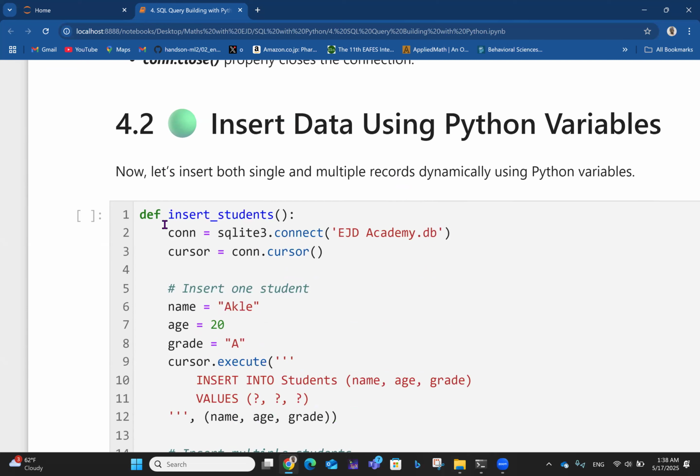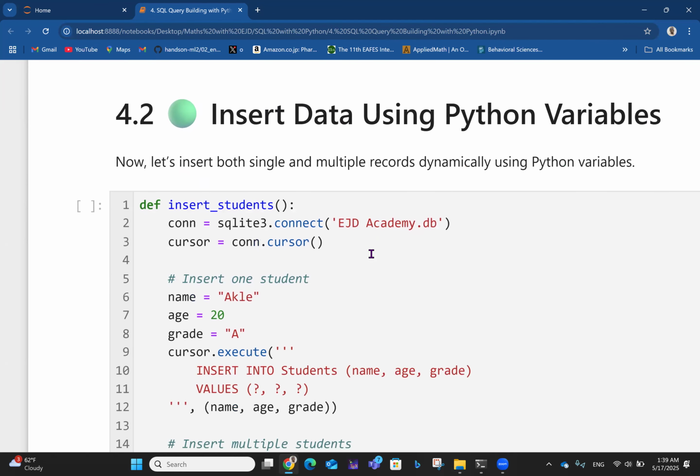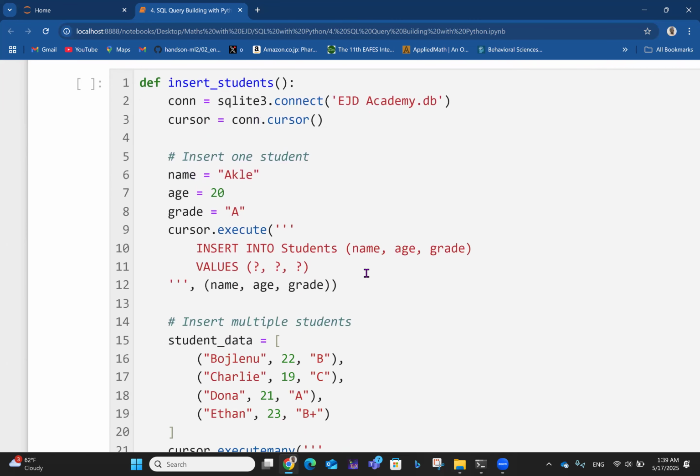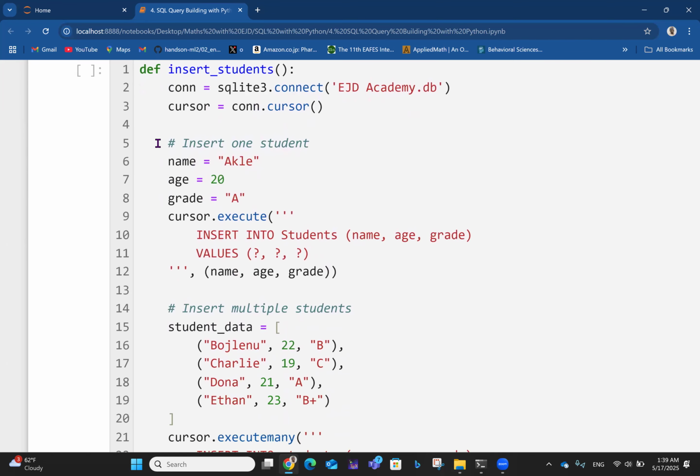So in this case, we now define functions. We define a function, we say insert_students, then we connect with the database as usual. We closed it before. We closed it up here. So if you come here, you have to open it again. You have to reconnect to it and create a cursor once more. We didn't have to close it right there, right? But then we are doing that. So if you want to insert one student, that's what you do